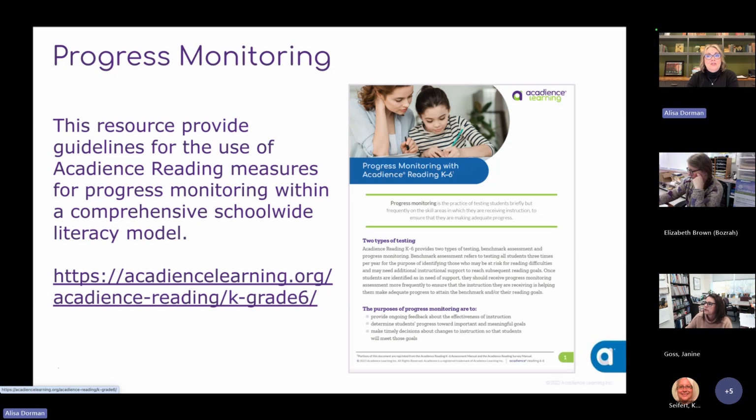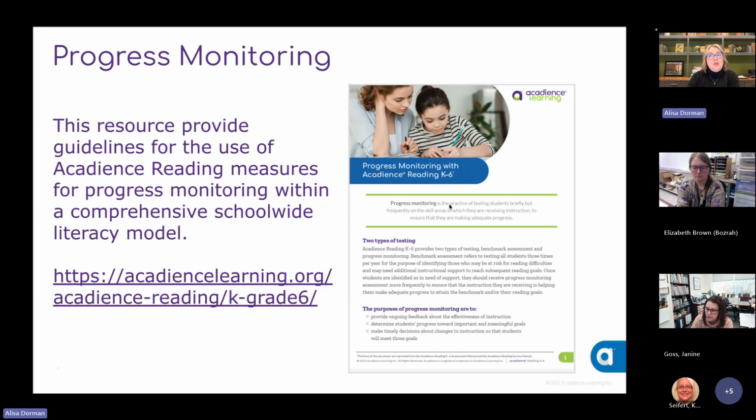Maybe you've wondered what to do if the student can't perform at grade level material for benchmark. Why would I monitor them at benchmark and grade level material? You wouldn't. You'd monitor them where your treatment is being provided. So this talks about how to do out of level monitoring. There's a lot of things inside of this resource document, which can be found on this page, which essentially is our website page. And then you just select the product Acadience Reading for grades K to 6, and it is on a carousel at the bottom as one of the resources.